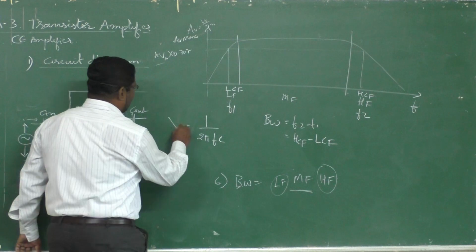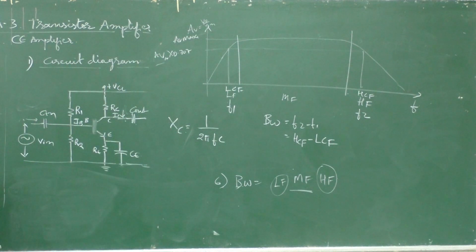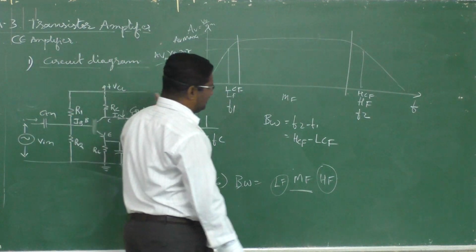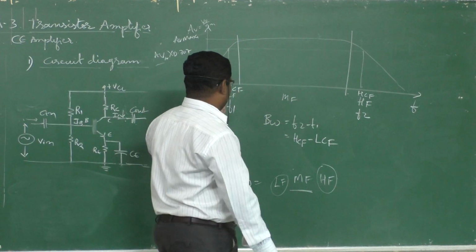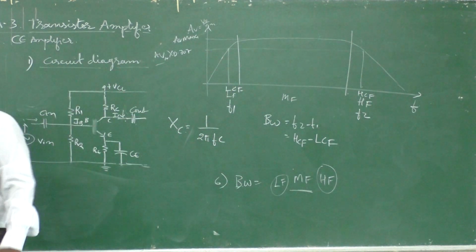So here it will be reactance Xc. Xc is nothing but the AC impedance or AC resistance provided to that circuit. And the bandwidth, what is the bandwidth? It is the set of frequencies which are allowed to be amplified. So that is between the higher cutoff frequency and the lower cutoff frequency, and that gives us the bandwidth.